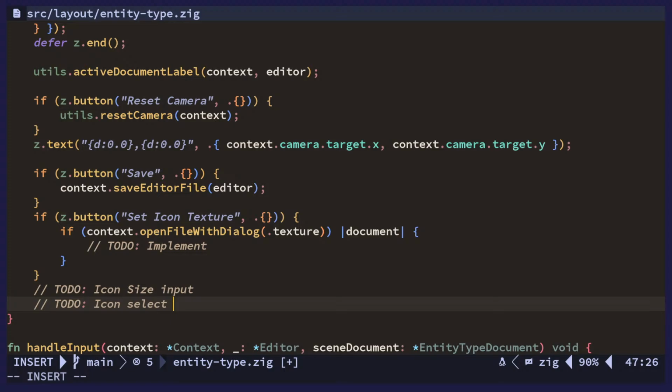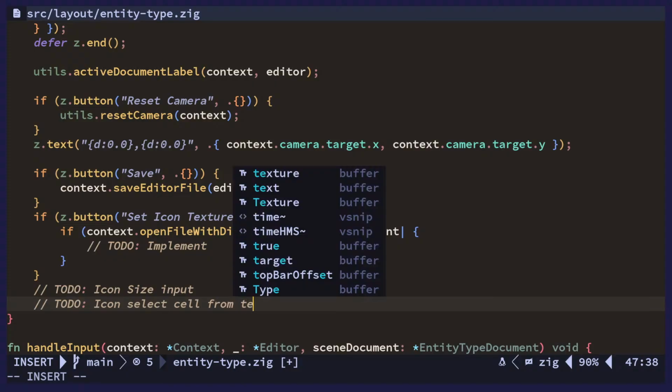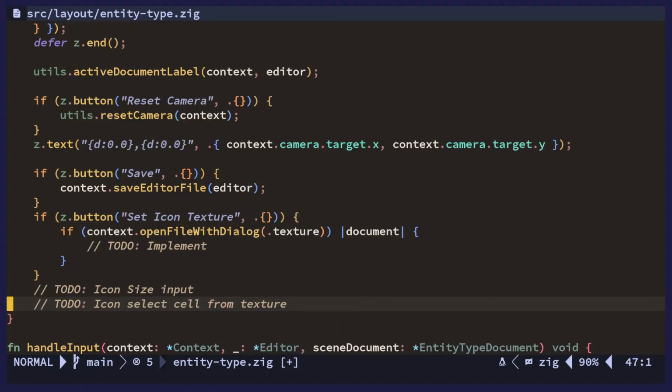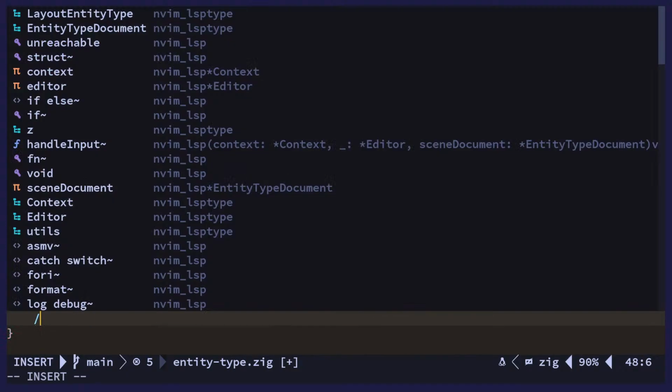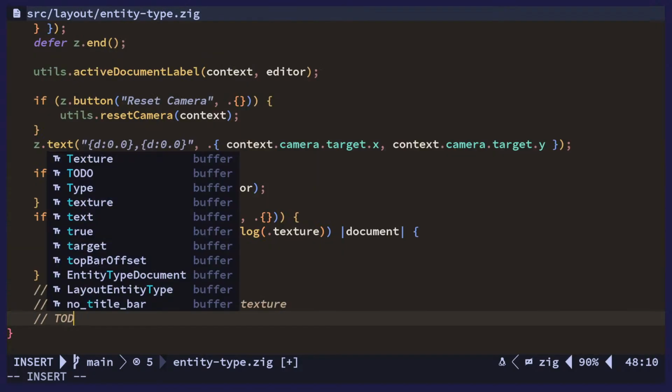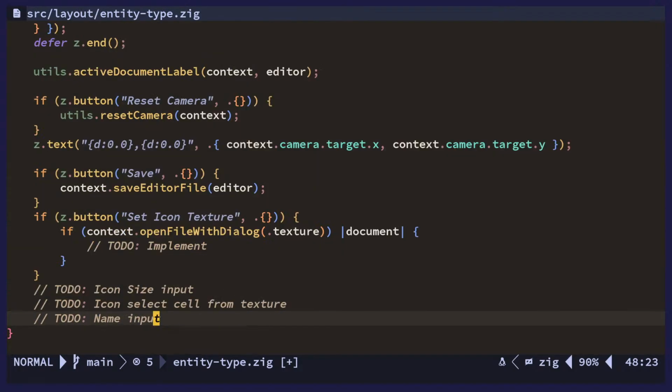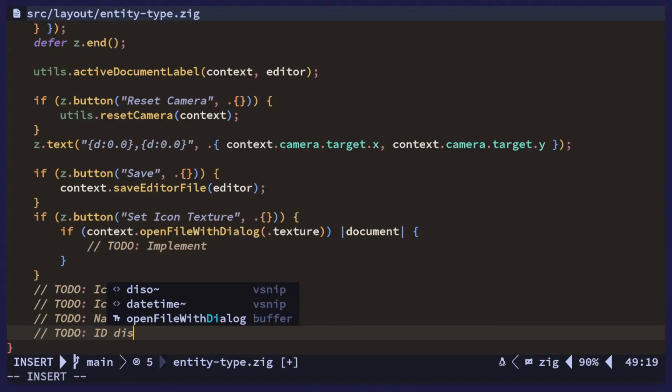So we have the size, and you choose the texture, and then you select cell from texture. So that will be your icon. We also need the name input, and I guess we can also have an ID display,